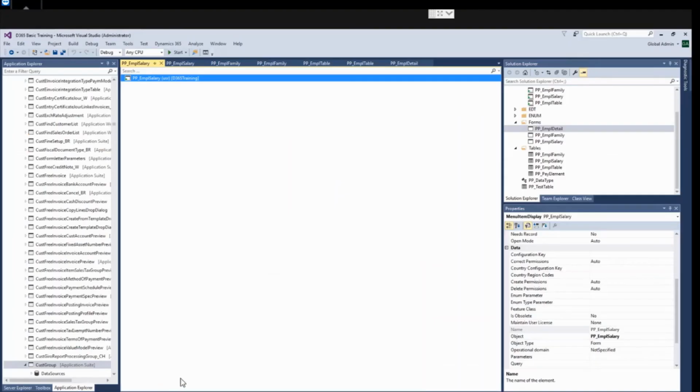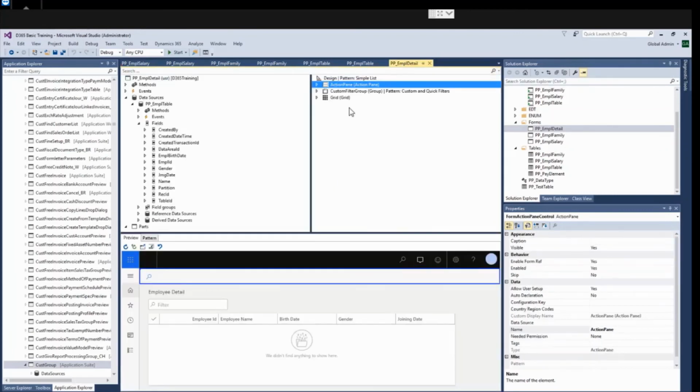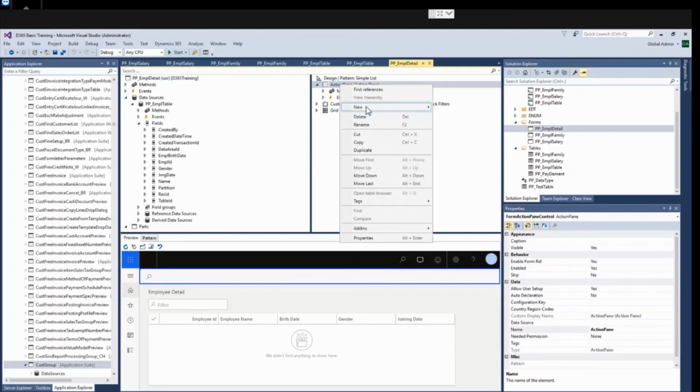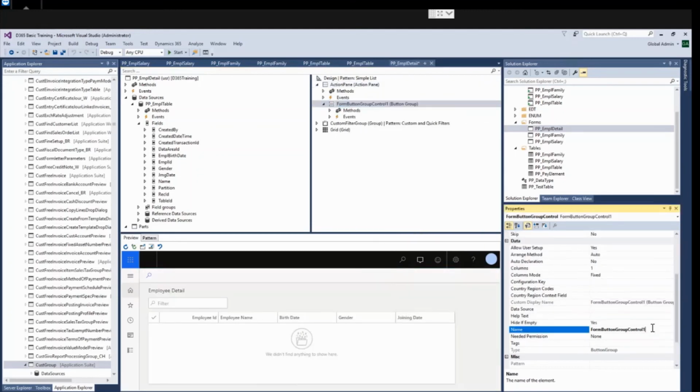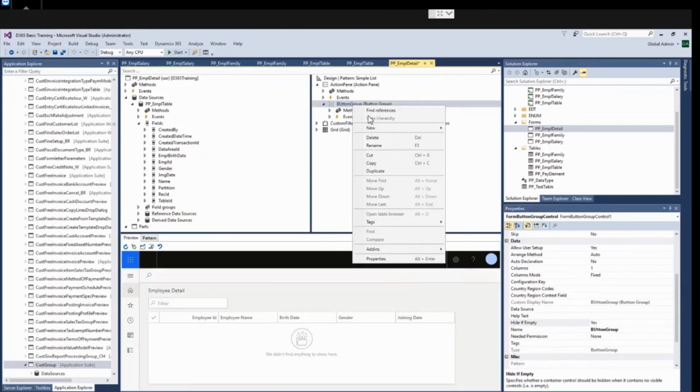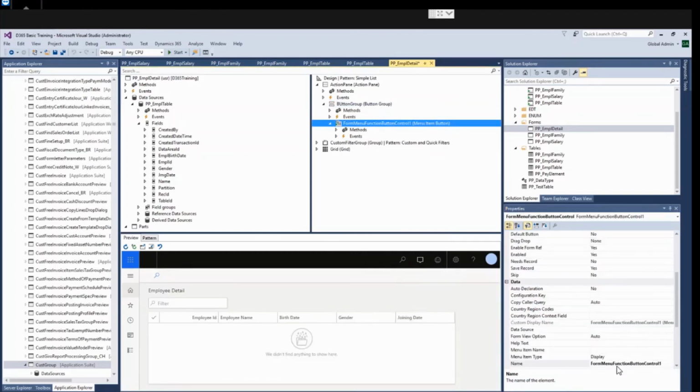So we'll go to the project area, we'll go to our employee detail form. Here in action pane we have to create 2 button. So let us create the button group. Underneath this we will create menu item button, family details.